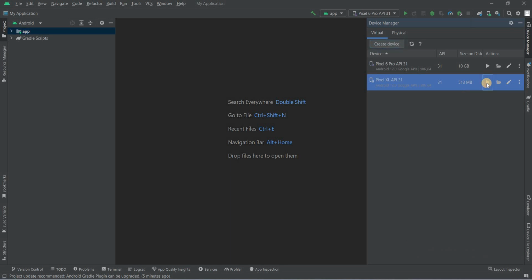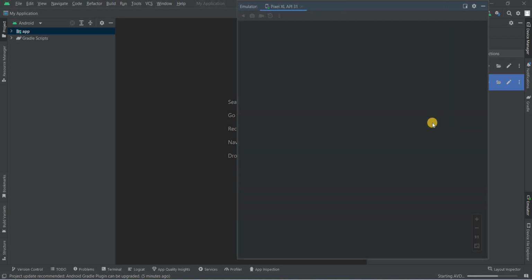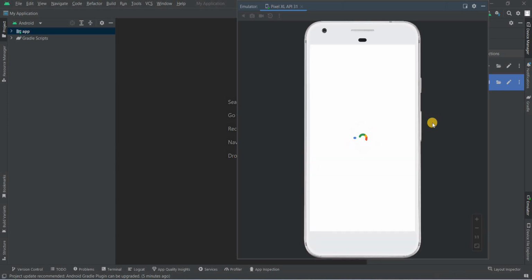So I'm just going to click on it. Maybe it will take some time because we are adding the virtual device to our machine as an emulator. So let's just wait. Yeah, you can see the Pixel XL 31 device is going to open on our machine as an emulator.